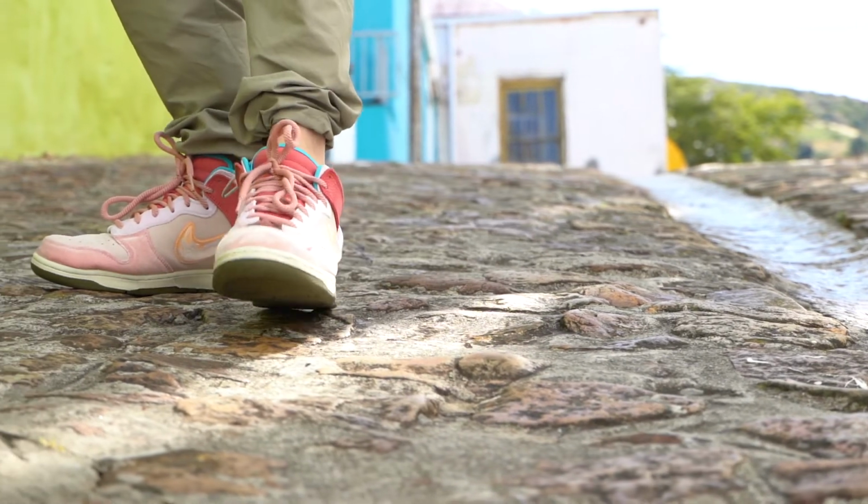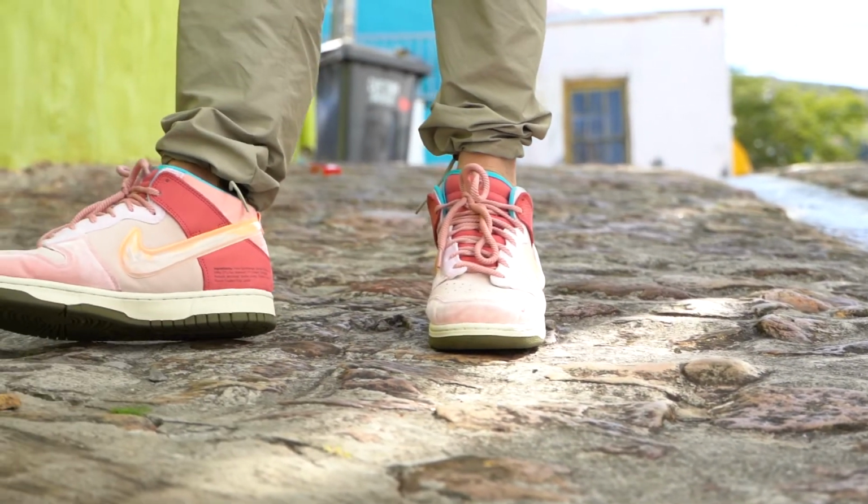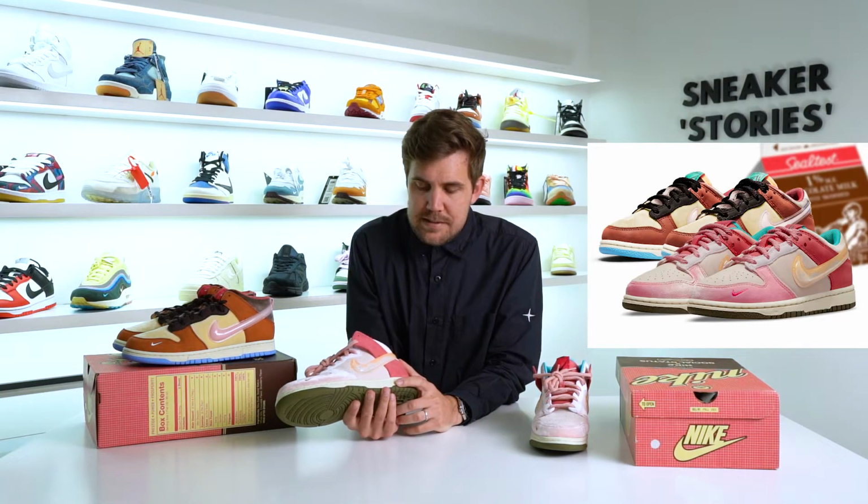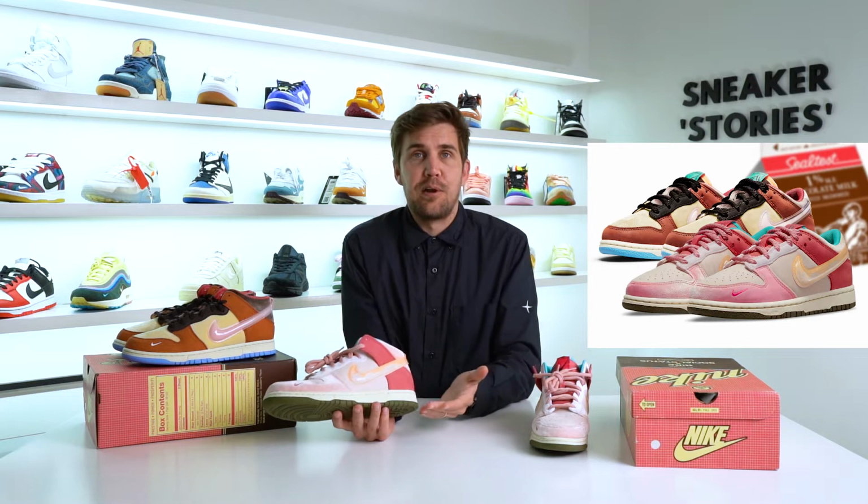And I will say, right off the bat, the first photos that did come out of these were actually of a Dunk Low, in the preschool and grade school sizes, where they did a Dunk Low version, which is so much better than the mid version when you're just looking at them side by side. But now that I have had these in hand and on foot, they really do just come